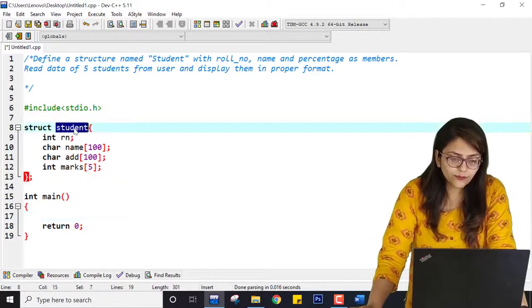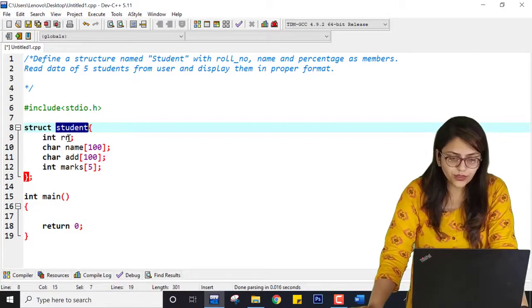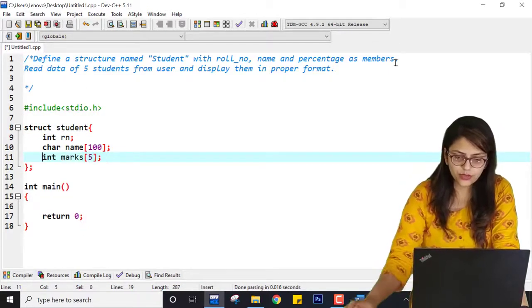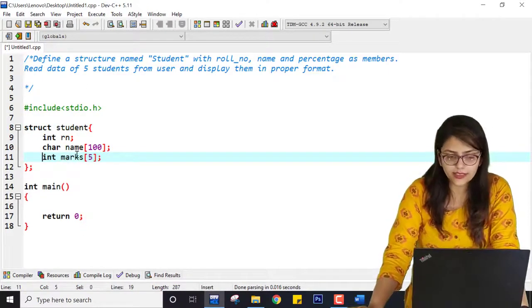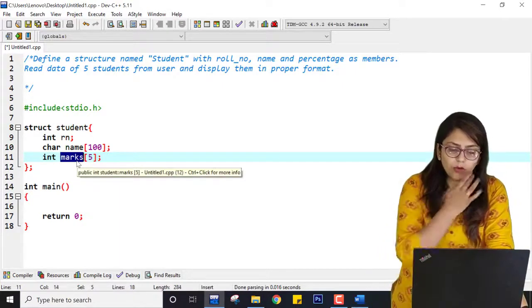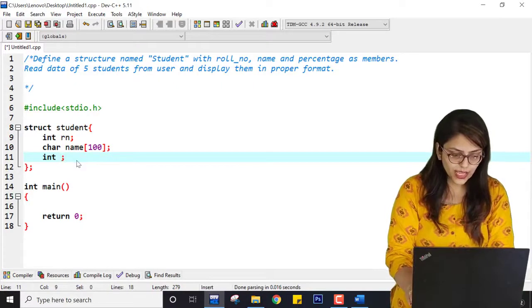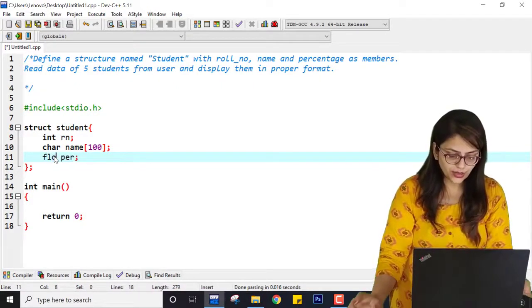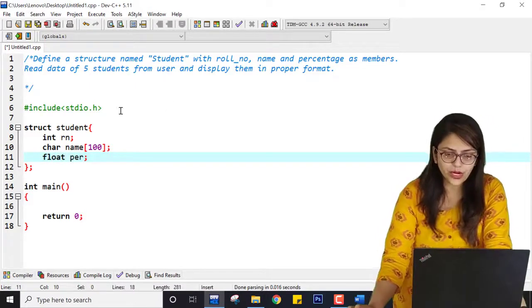Now what they want is a structure student with roll number. We have roll number and name, we don't need address now, so I'm eliminating the address, and percentage as a member. So it is also having percentage, and percentage can be float also, right?